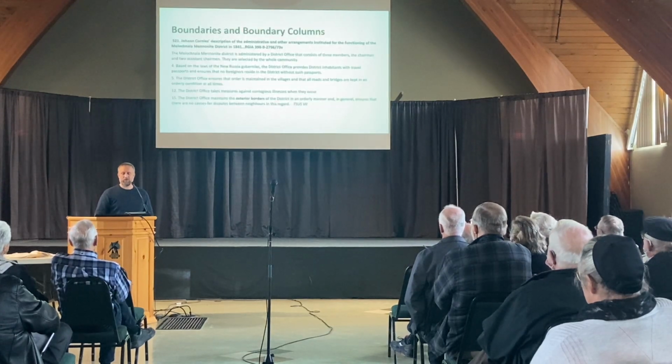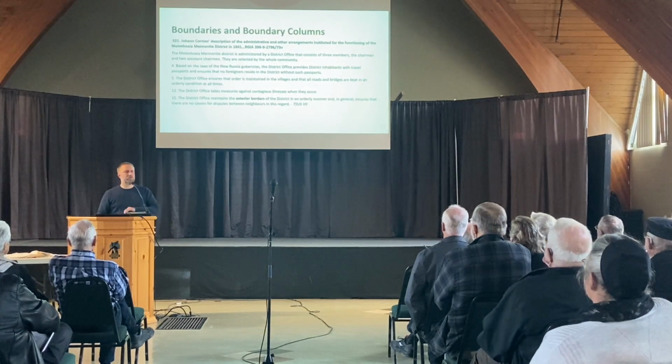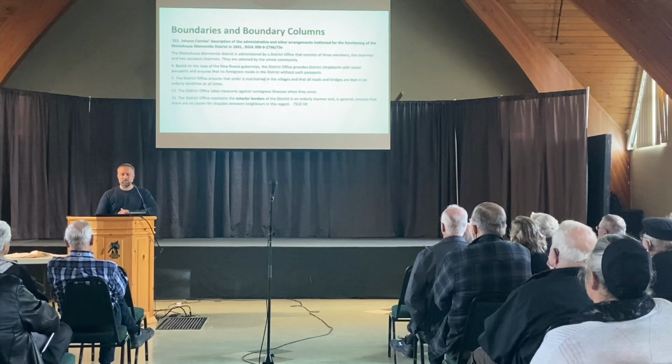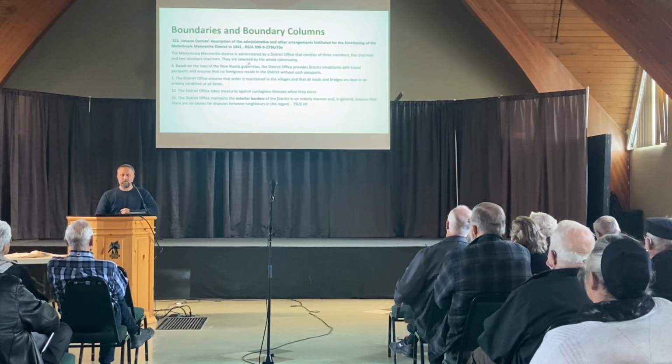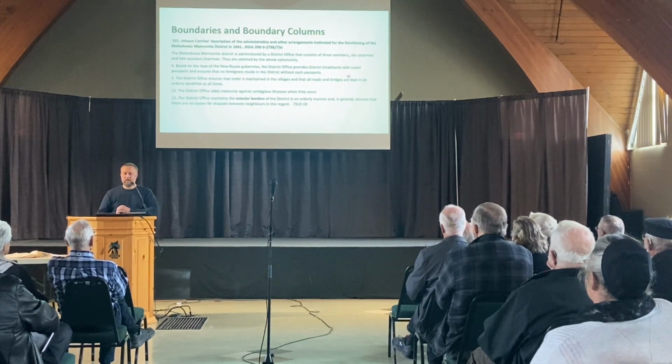So now another point relating to this map and to the archives. Boundaries and border columns. I already mentioned that good fences make good neighbors. Catherine the Great knew that, and we all probably know that. And this relates to the boundaries and borders of the Malaysia Colony. So based on the laws of the new Russian gubernias, that's the district, they were supposed to provide district inhabitants with travel passports,